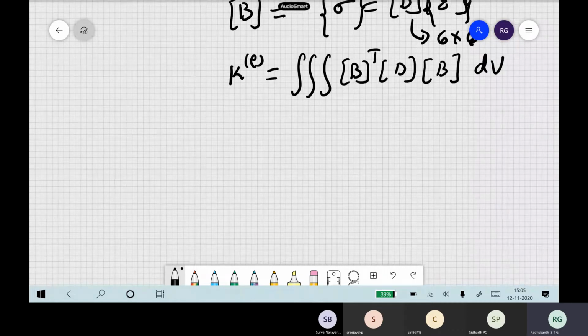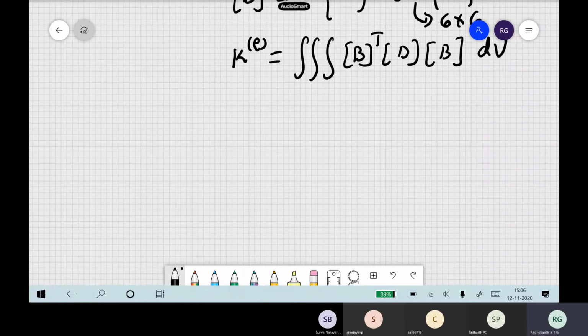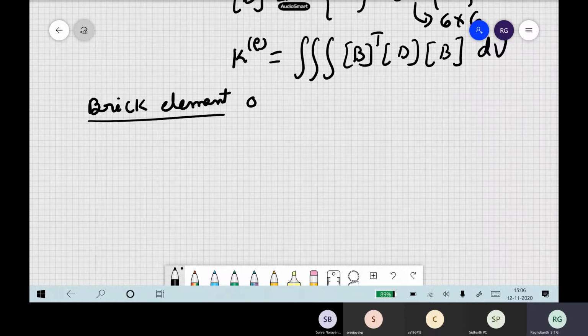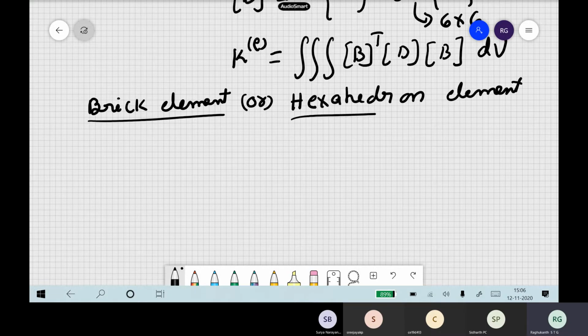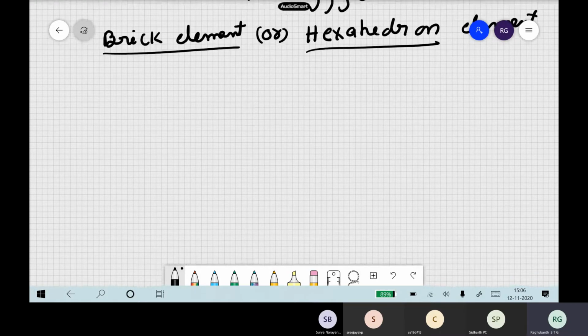Now another thing also which we use in spectral elements: we don't use this tetrahedra kind of thing. One also widely used is the brick element sometimes. Some textbooks write it as a brick element, but essentially it is a hexahedra. This is also a very famous element, widely used in modeling, in seismology also. Even hexahedra with more number of nodes and higher order gives rise to spectral elements.